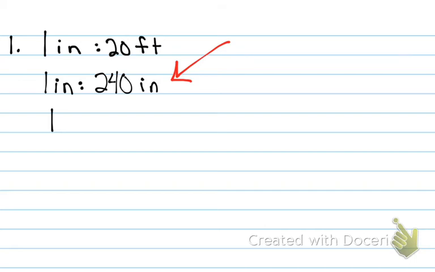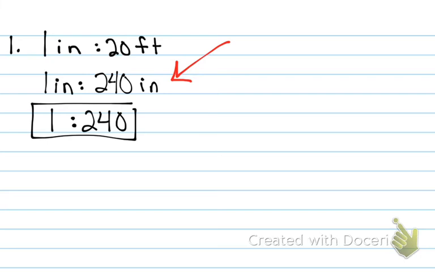I need to see this second step, that you're clearly saying that 1 inch is compared to 240 inches, and then your answer drops the unit. 1 to 240. So I know that this is kind of backwards to the way that I've taught you all year, because it's inches to inches and then I drop the unit. But actually, if you write the unit in your answer, that's wrong, because the directions say to write the scale without the units. You cannot include the label. All right, and again, if you see a scale written without a label, it means it's written in the same unit. Okay? Now, number 2 is a little tricky,